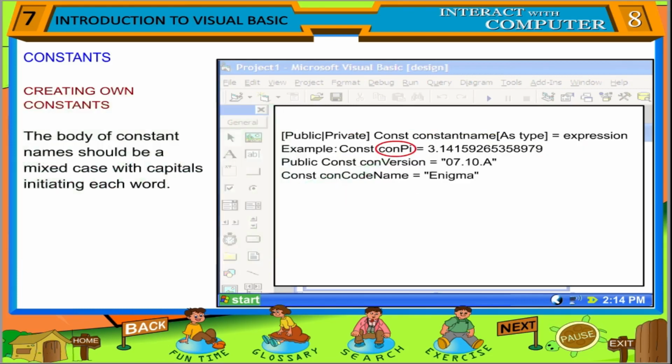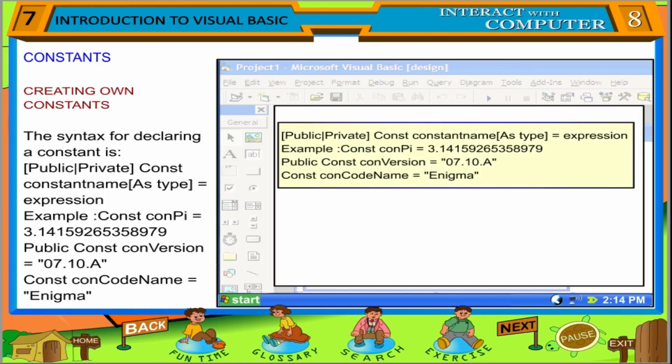Creating your own constants. The body of constant names should be mixed case, with capitals initiating each word. The syntax for declaring a constant is: example,